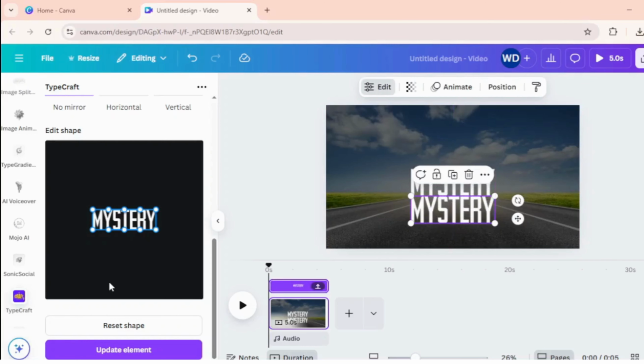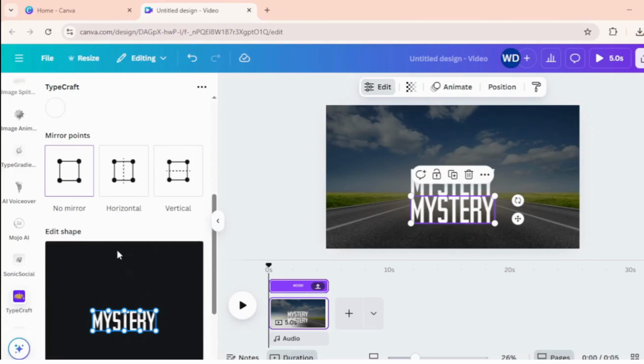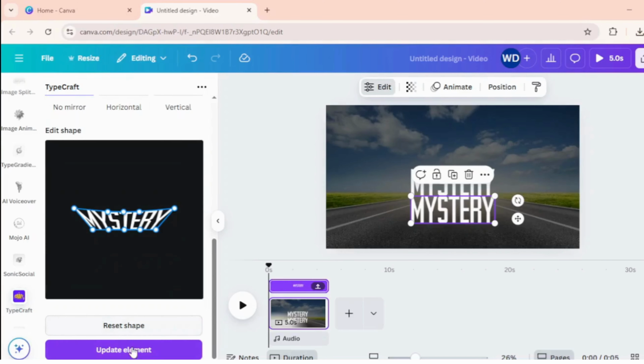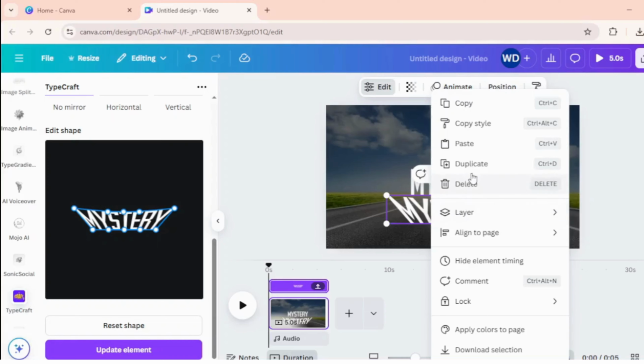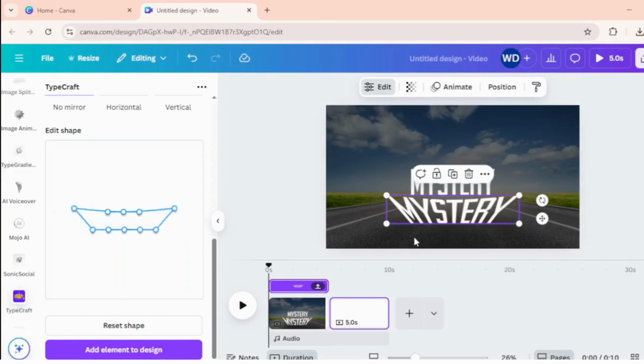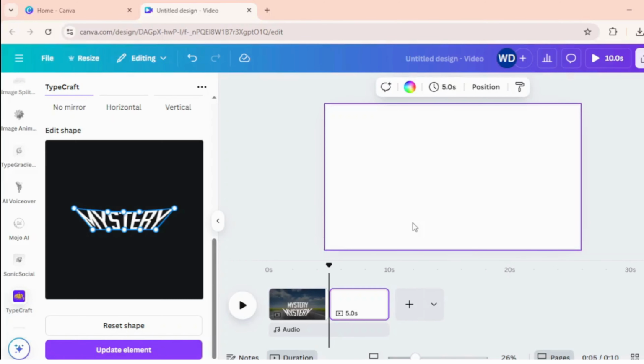Duplicate this and now click on horizontal. From this point, let's move this point to the left side so that it will look like this. And you apply, it will look like this. Now right click, click on copy, add new page and paste it here. Increase its size